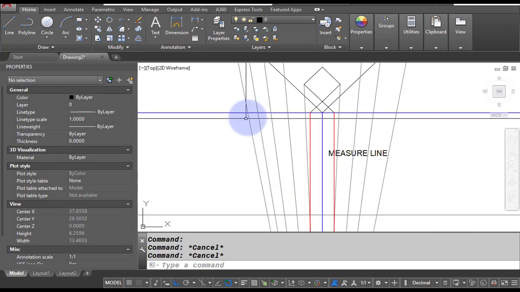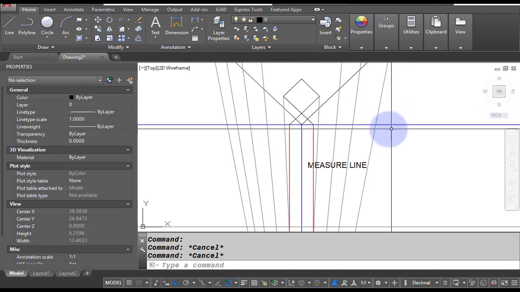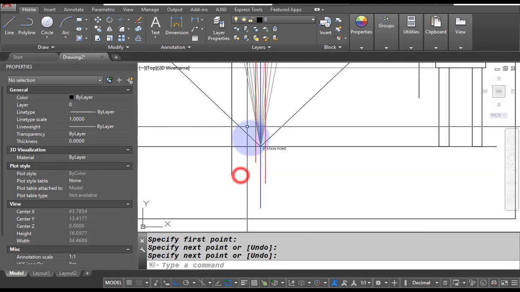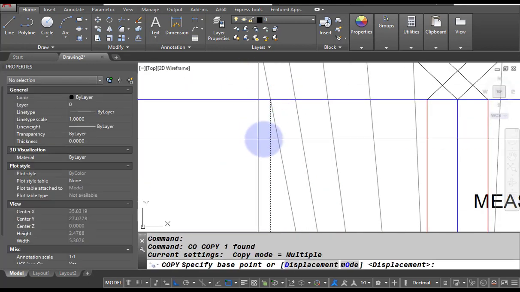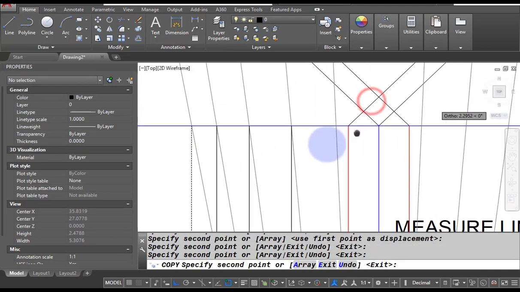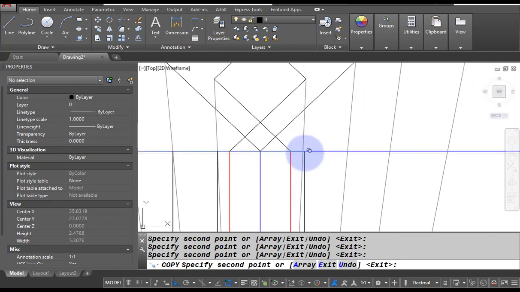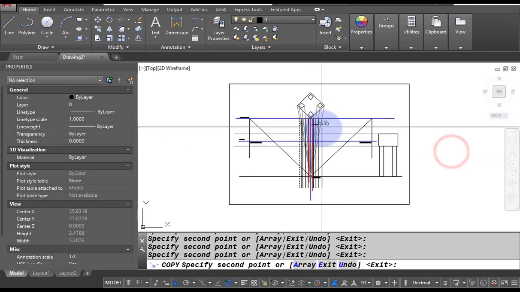Now what you do is take all the vertical projections from this intersection. So I am going to take all the vertical projections, and obviously these projections are also to be very light, and I am copying all these projections.